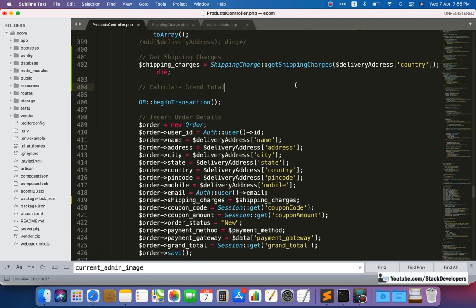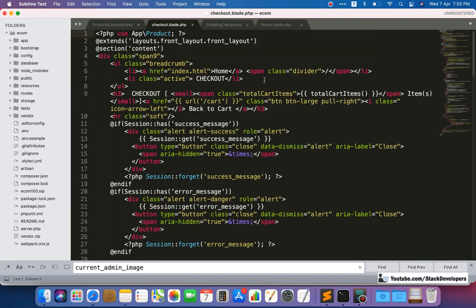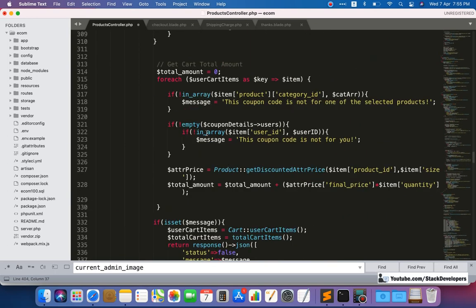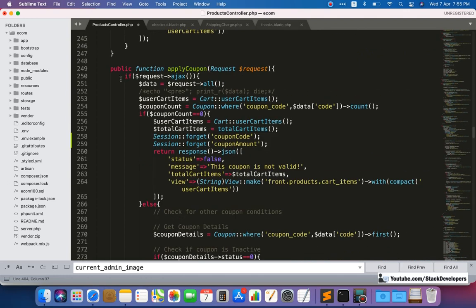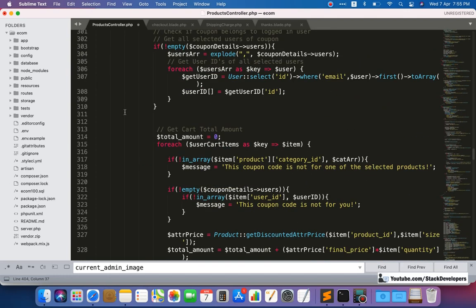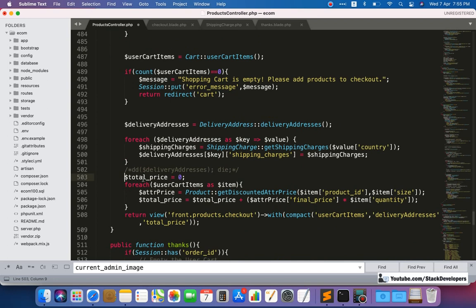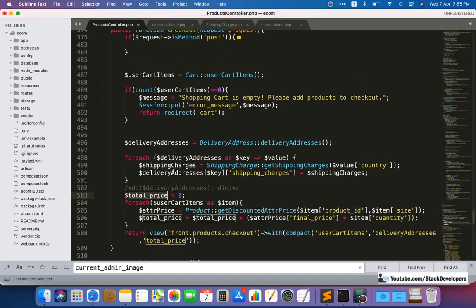If you remember, we calculated that in the checkout function itself, see, total price. This total price is required for that order, so that we can add the shipping charges to the total price, subtract the coupon discount, and then have the grand total.